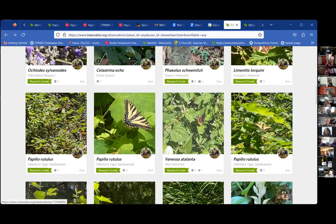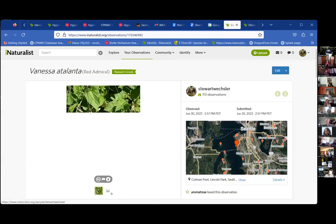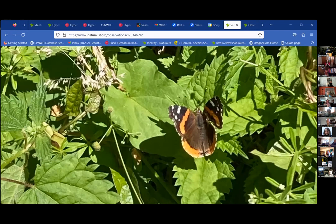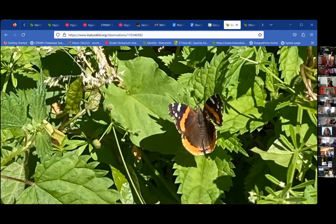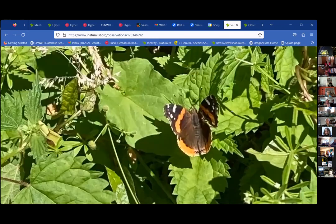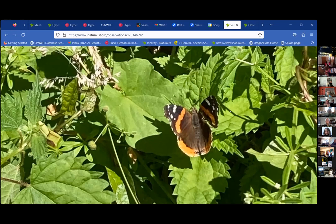And we got this Vanessa atalanta, a Red Admiral. And this one laid eggs on the stinging nettle that I planted for it. It was possibly the first butterfly that laid its eggs. I think I saw the